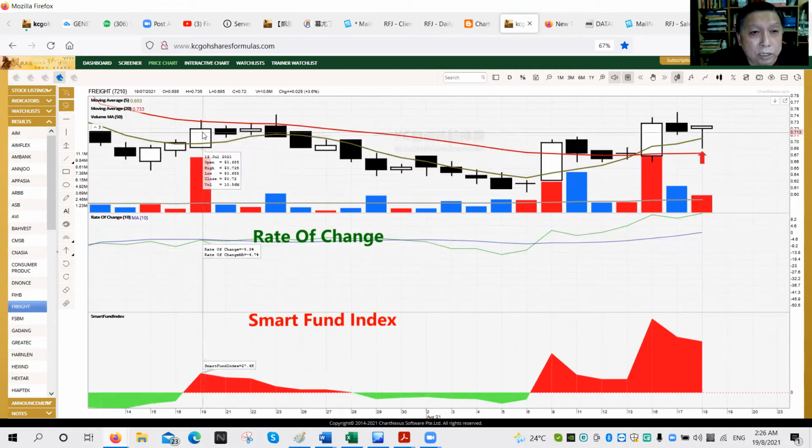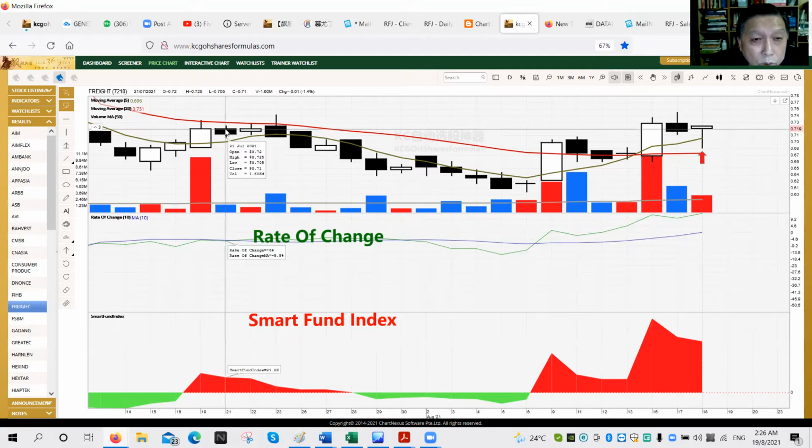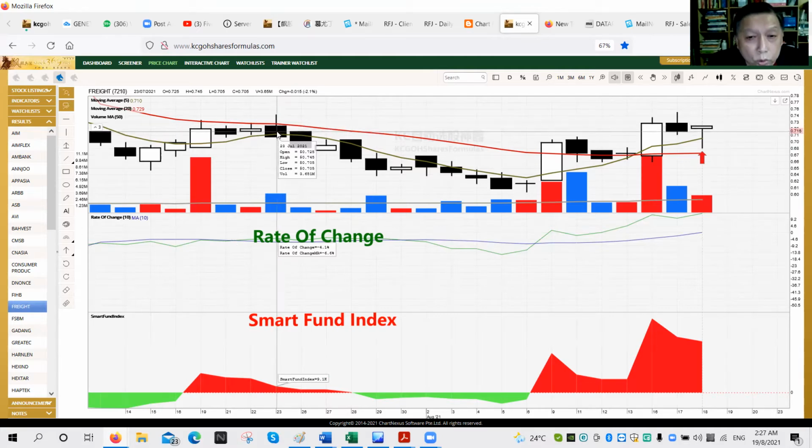It tests on July 19, and that is the 20-day moving average line. Okay, so July 21st, it tried to move up, but didn't. The second day, 22nd, tried to cross, cannot cross. On the 22nd it already crossed, but later on moved back. So if you were to trade this stock, if you didn't get out on July 19, you better get out